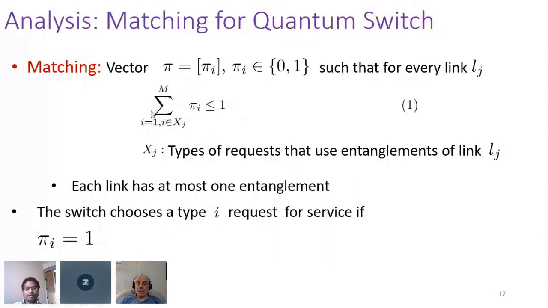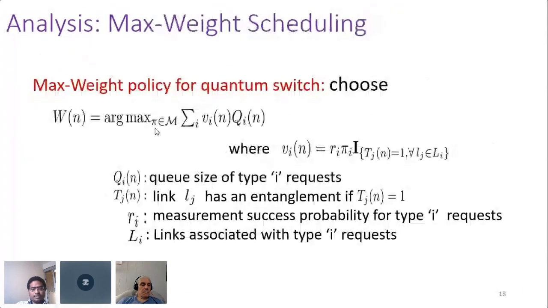Now there will be several matchings. Out of all those possible matchings, we need to cleverly select one matching for service in such a way that our selection process stabilizes the switch. So now, similar to the classical work done in classical networking, we come up with a max weight policy for a quantum switch. Here also, we want to find a matching pi among many possible choices which would maximize this summation term. Here, the summation term has queue sizes of different types of requests, where Q_i(n) indicates the queue size of type i request at the beginning of slot n,